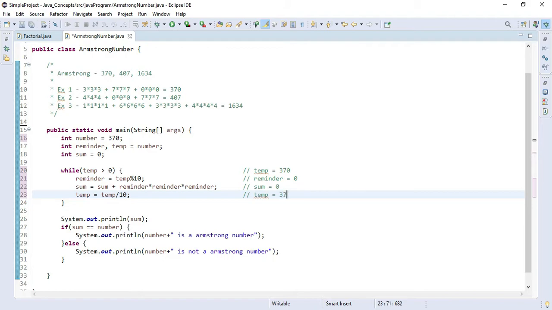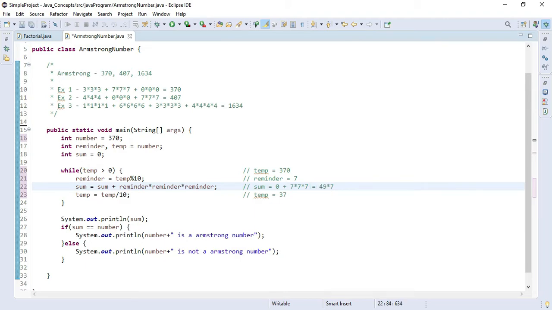So once it goes again here, it will check whether the value of temp is 37, which is greater than 0, so yes, it will go into the body, and then the reminder will be 7, and this time the value of sum will be 0 plus 7 into 7 into 7, and that will be 49 into 7.